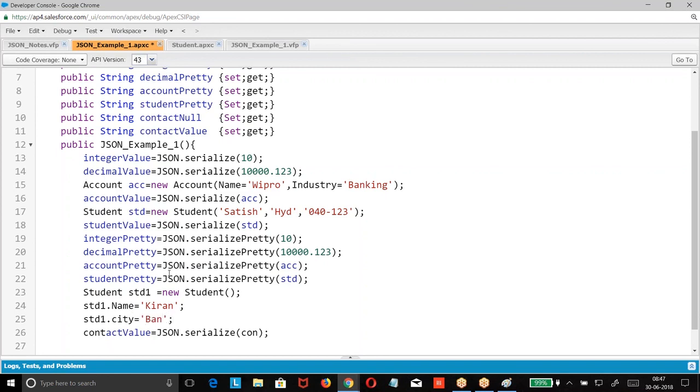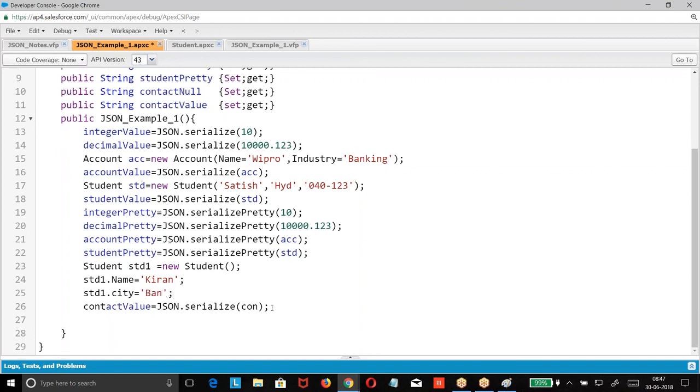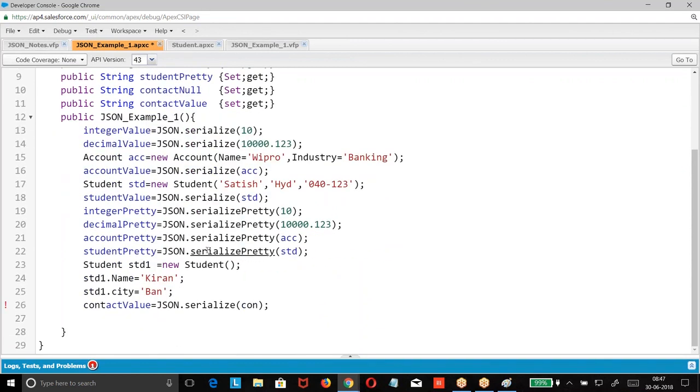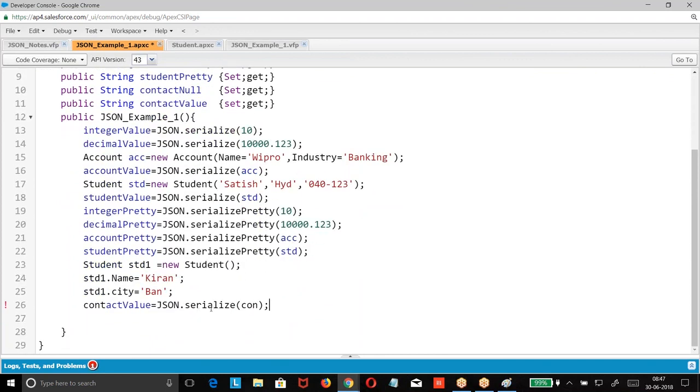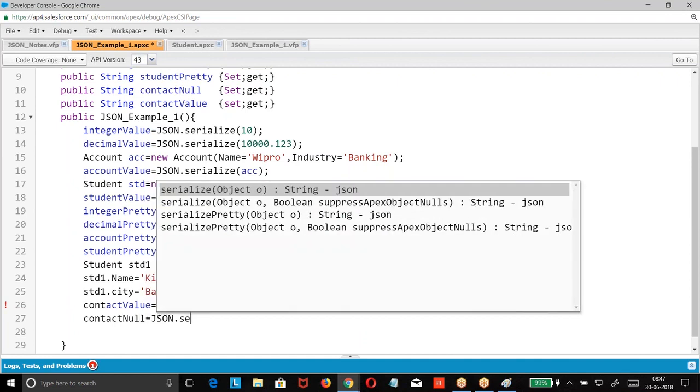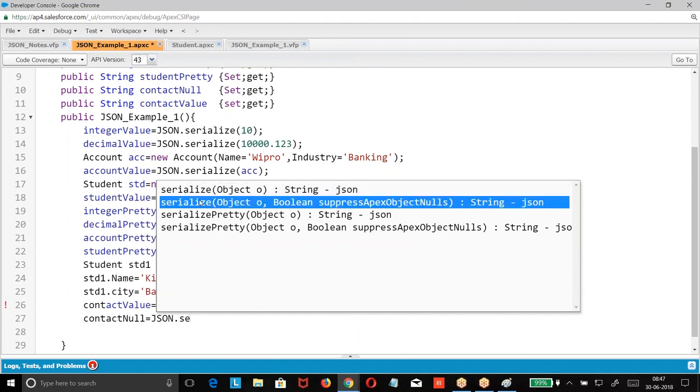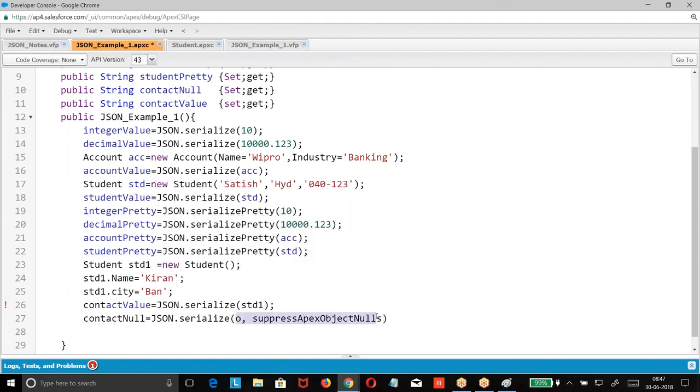So I have given only name and city. Phone number I have not given. Then I took a contact value. JSON.serialize, same one I am giving: contact null equal to JSON.serializeStrict, your object,